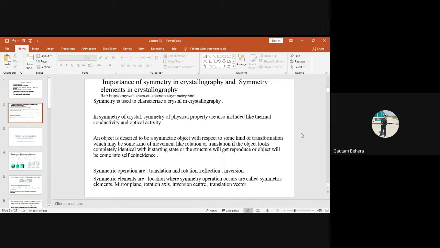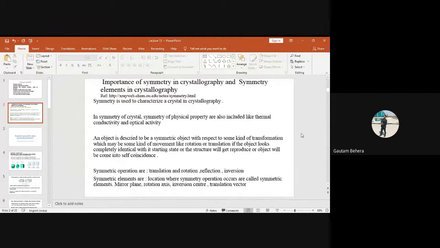Okay. So in the previous lecture, we have discussed like we have two kinds of symmetry basically. One is translational and one is the non-translational. And non-translational symmetry is also called point symmetry, right? So the best example of translational symmetry I have shown you in the previous lecture. Translation means you are moving from one lattice point to another lattice point. It may be in a diagonal direction, it may be horizontal, it may be vertical, and the same thing will reproduce, right? That means we are reproducing the same structure if we are doing translation in a crystal or in a lattice.